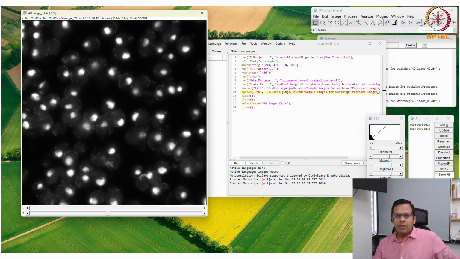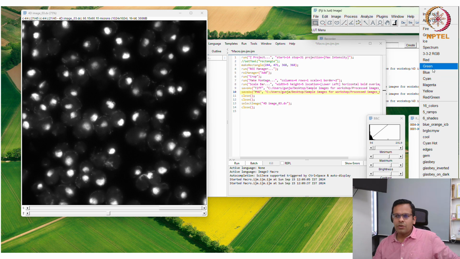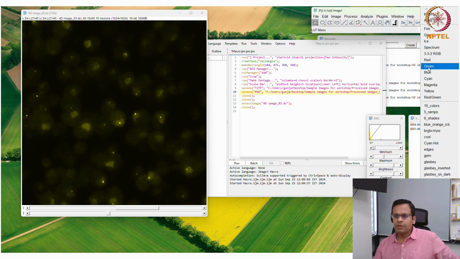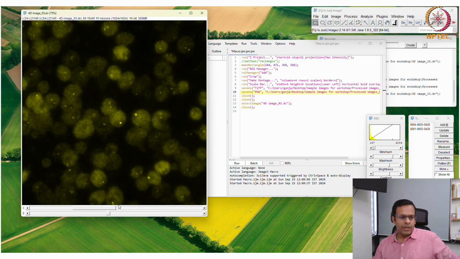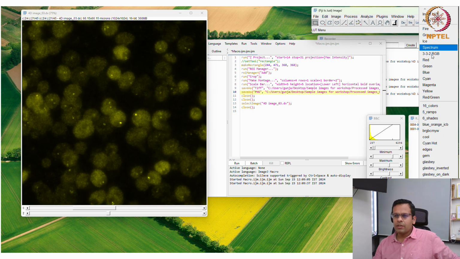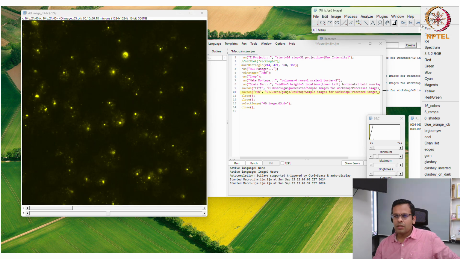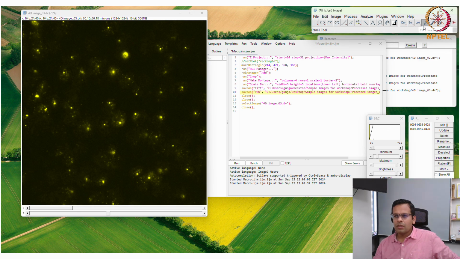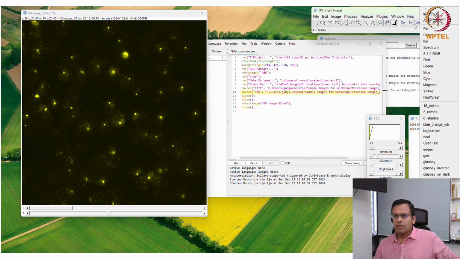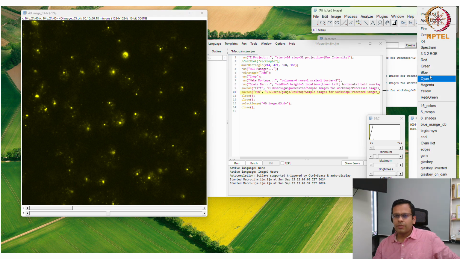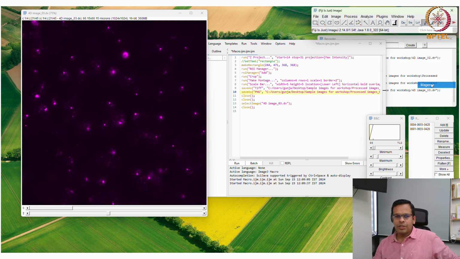Okay, and now I'll give colors also. This is yellow color, then the next channel green color, next channel red color, and the first channel magenta.